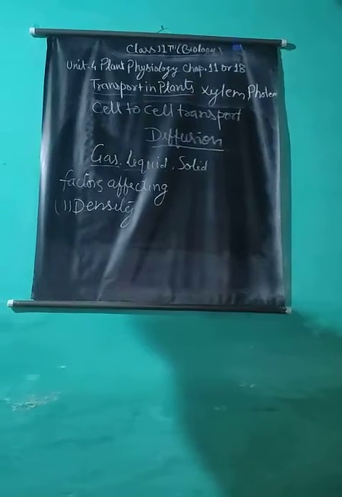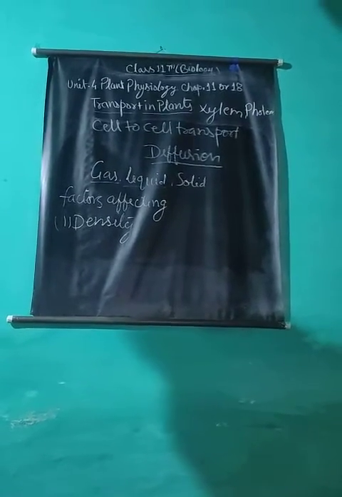According to Graham's law of diffusion, the rate of diffusion of molecules of a substance is inversely proportional to the square root of the density of that substance. It means that the rate of diffusion of a gas having higher density is always lower than that of a gas with lower density,